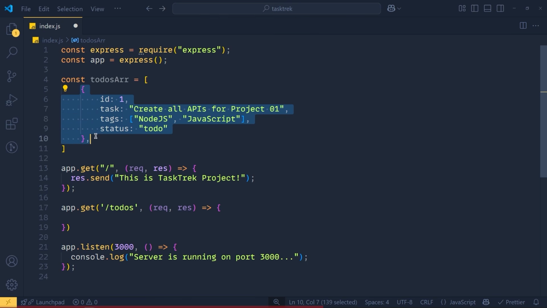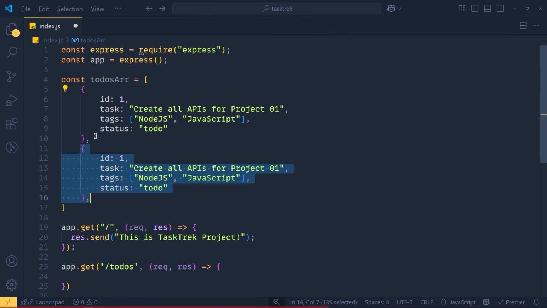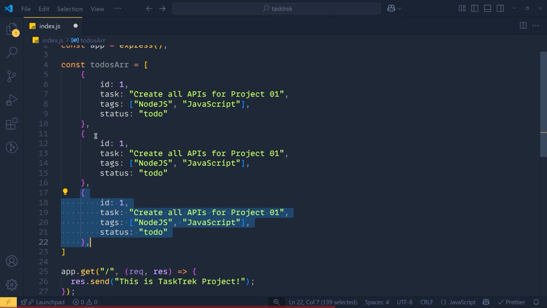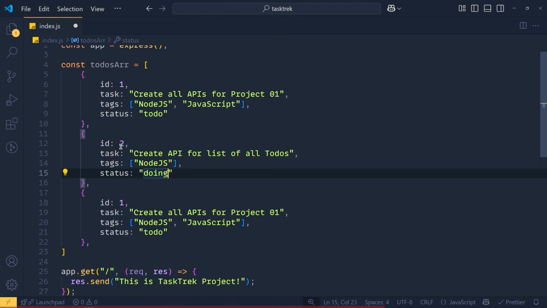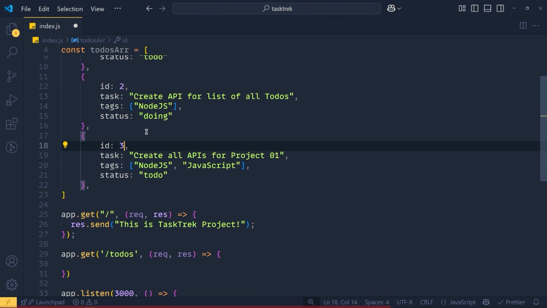Now let's duplicate this object 2 more times using Shift plus Alt plus down arrow or Shift plus Option plus down arrow. Now we change this ID to 2, task to create API for list of all to-dos, tags, nodejs, and status to doing. And at last, we simply change ID to 3, task to plan project 1, tags, JavaScript,